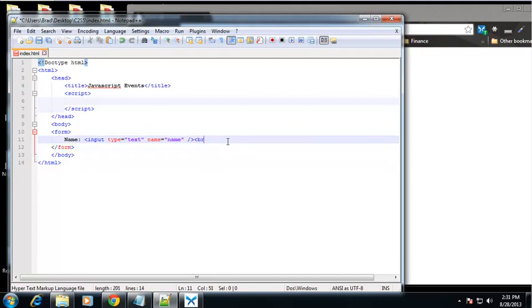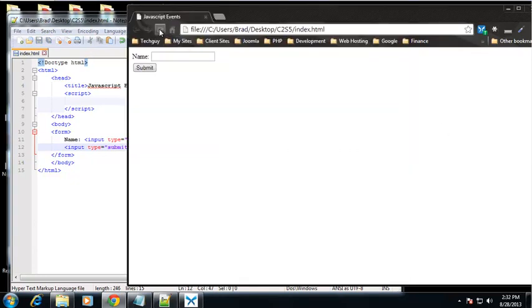And we'll put a line break, and then we want a submit. So input type equals submit, value equals submit. Alright, so if we save that, so now we have this one field form